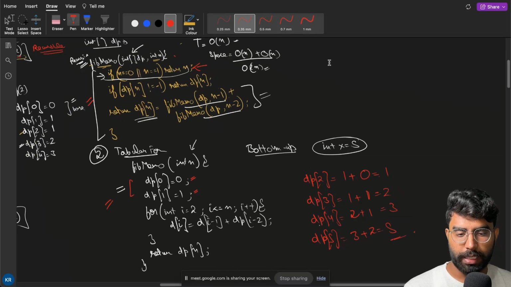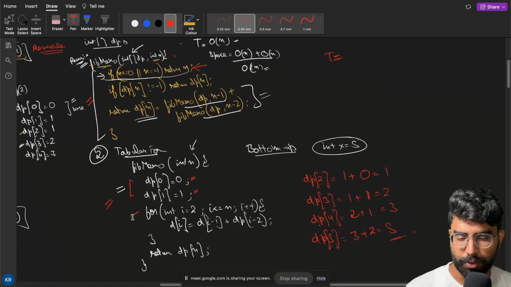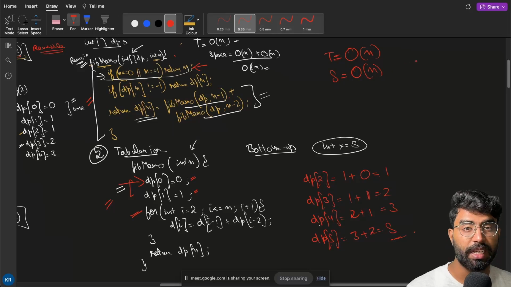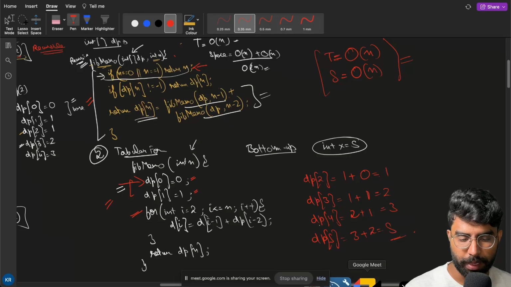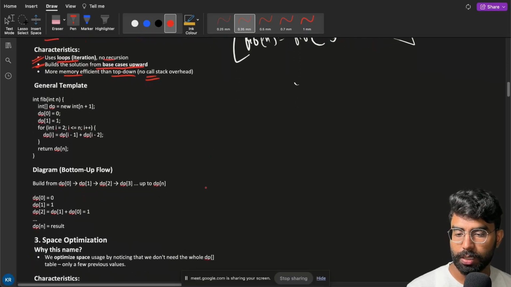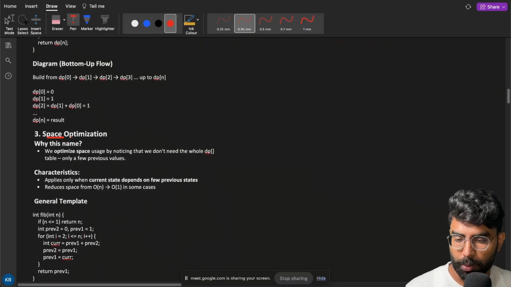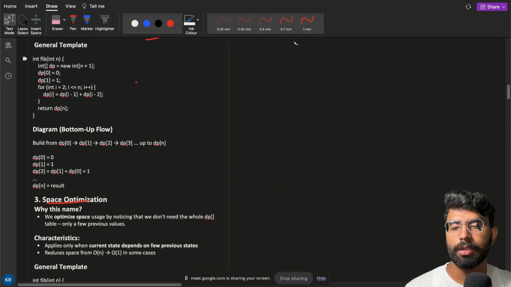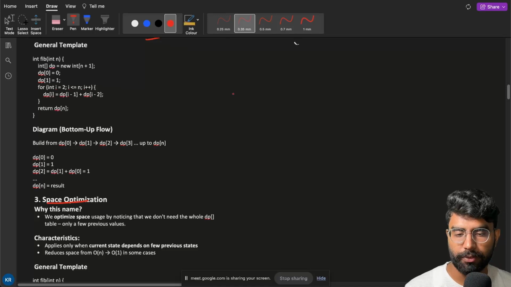Okay, now the time and space complexity. Time will be what? Simple, we are iterating this for loop, it will be O of n. What about space? Space will be, we are using dp, right? So again it will be O of n. Now recursive stack is not there, correct? So something we have optimized from the first approach. Now the third approach will be space optimization, right? Now here we have optimized the recursive to the iterative, right? We are having the for loop